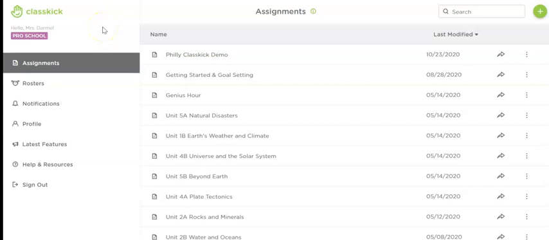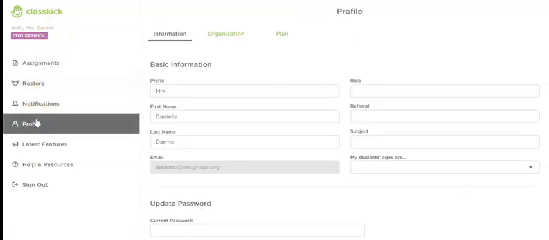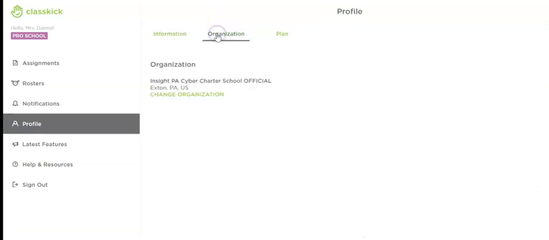Rostering students in Classkick. Once you have your assignment made, or maybe you want to start with the rosters first, you will need to roster your students. Again, make sure that you have Pro School underneath your name. If not, go to Profile, check your organization, make sure it says Insight PA Cyber Charter School Official, and then